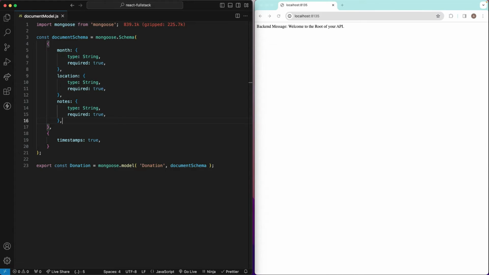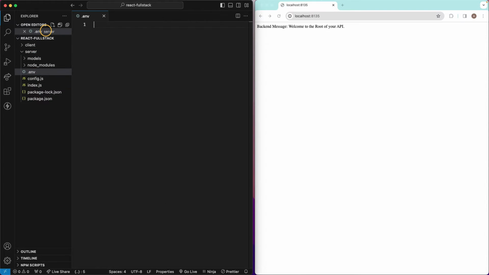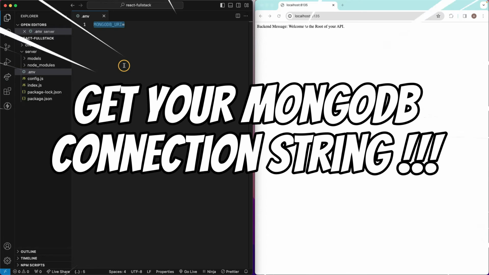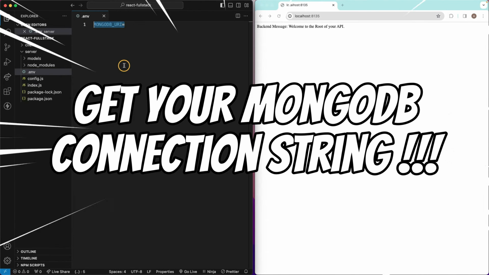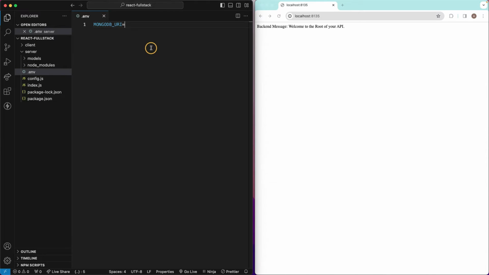Let's continue. Right, our model is in place, but now we need to think about the MongoDB connection string. For that, inside server, I'm going to create my .env file, and inside it, I'm going to have this variable, which I'm going to be calling MONGODB_URI. Okay, this is one of the conventions. The thing is, you need to have your own